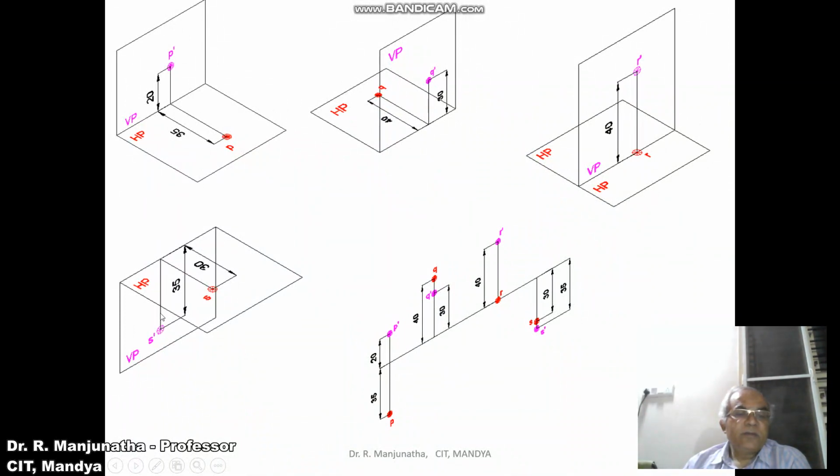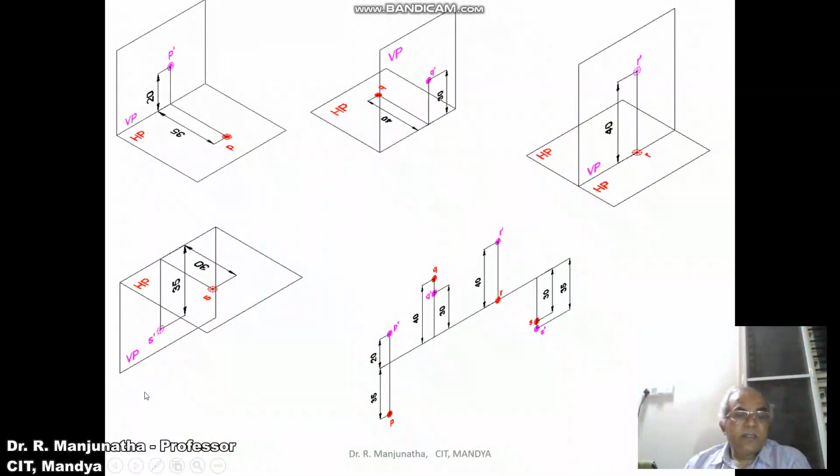That image is going to fall on VP. Since the image is on VP, it is the fourth quadrant. It will be S dash. When you look from the top view, the distance in front of VP is seen in the top view. When it is projected, that point will fall on the horizontal plane. So the distance in front of VP is 30 mm. We can see from here to here, it will be 30 mm. Since the image is on HP, obviously that point will be small s.